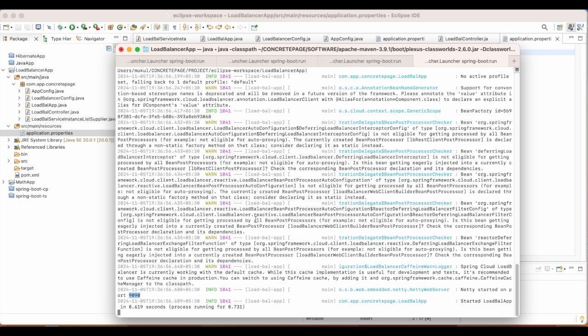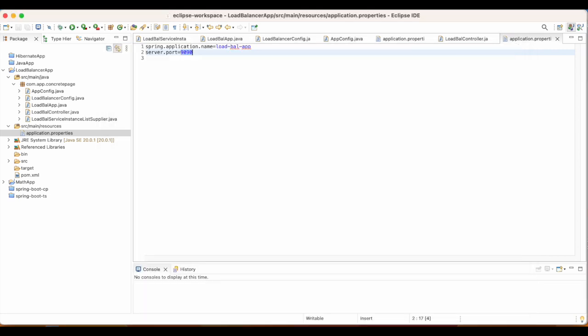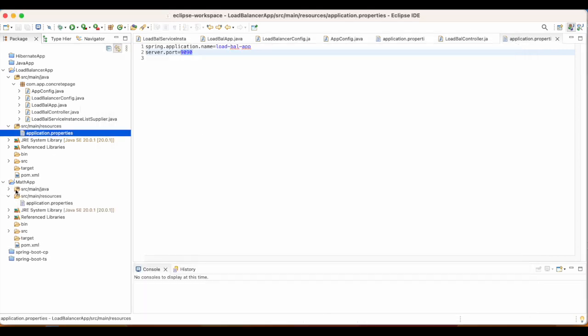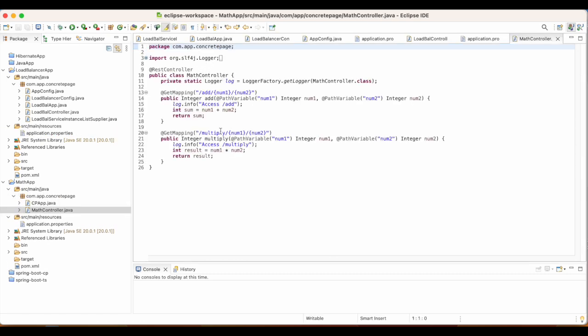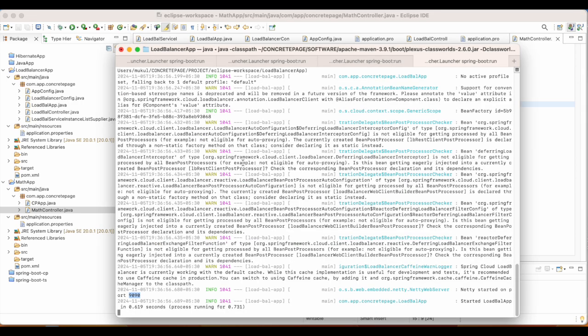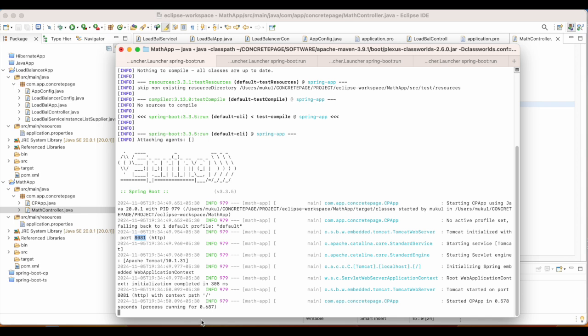How will we know? I have done logging here in the controller. Look into the math app application. I have written here access add. We will see the log access add if it gets hit.